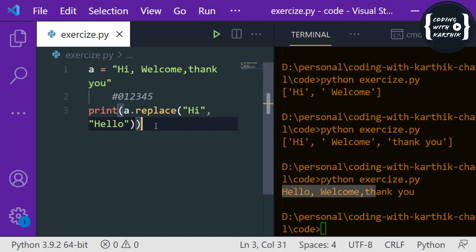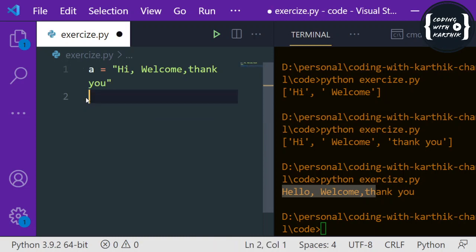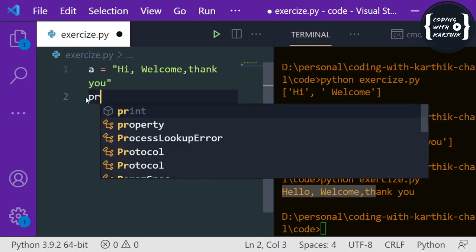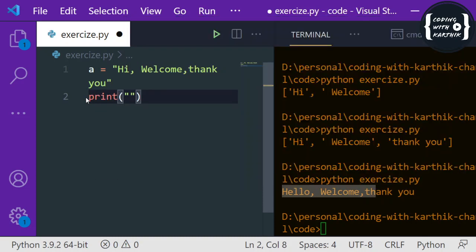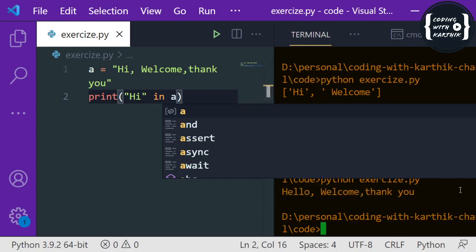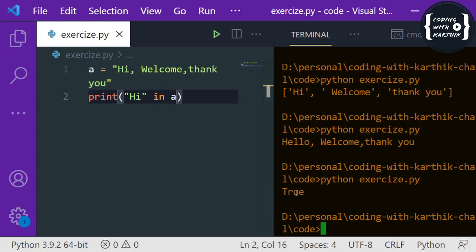Okay, and if you want to check whether a substring exists in a string, then we can use the in method. Let's say I give "hi" in a. See, it is printing True, which means hi exists in string a.